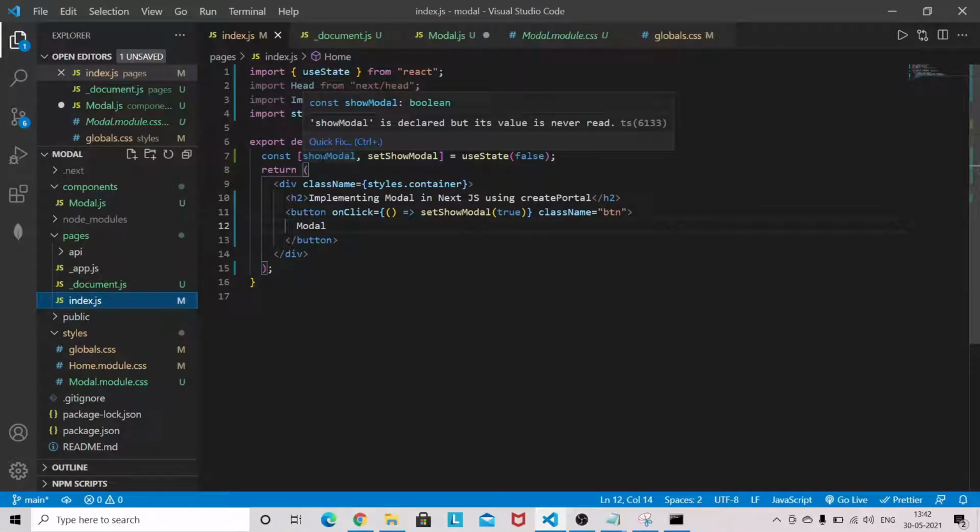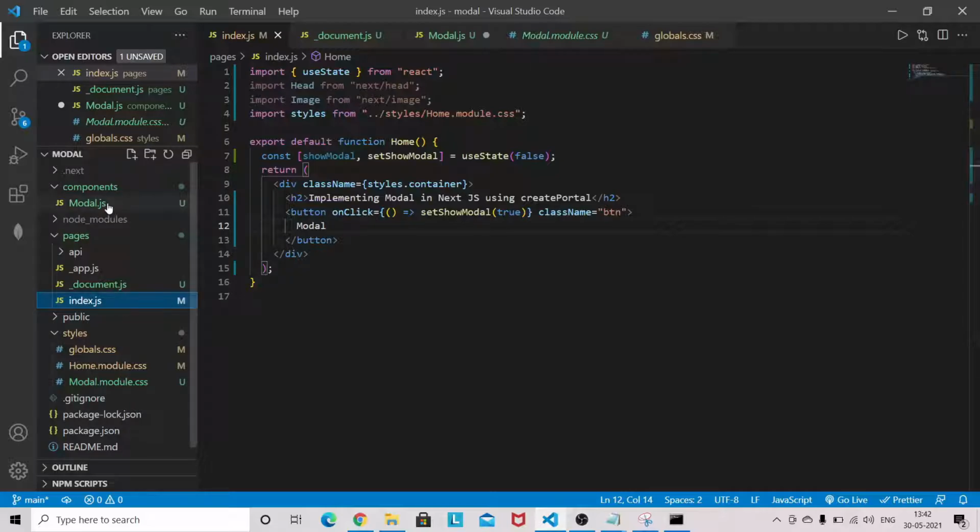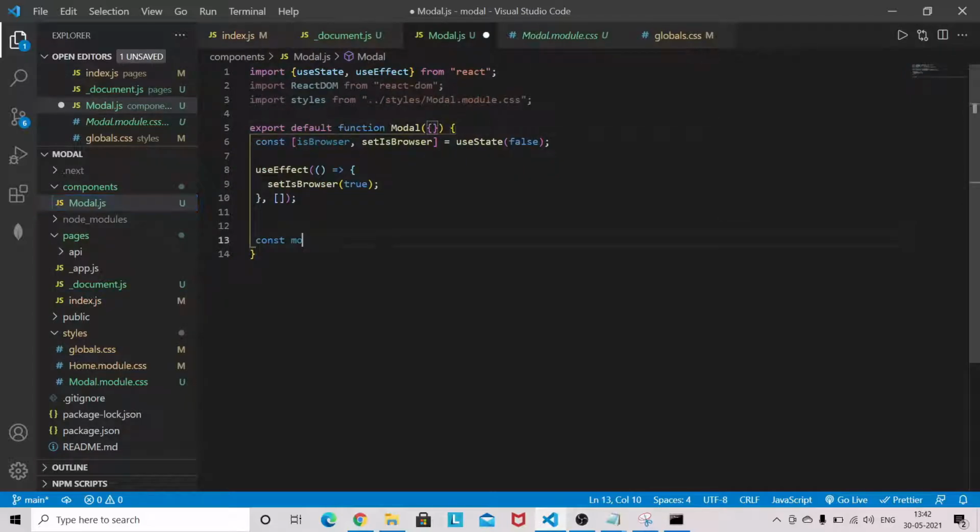Some of the props we need to pass basically from this index file into our component files. Okay, so let's first destructure the props which we are going to pass.